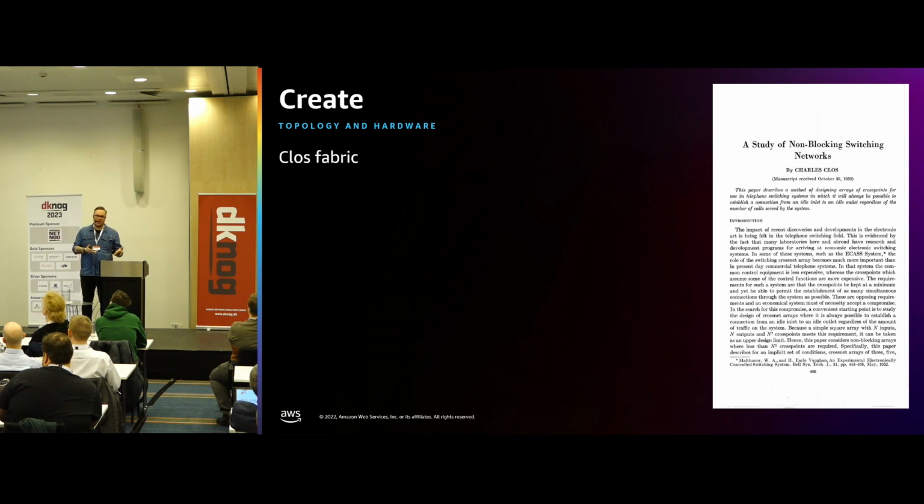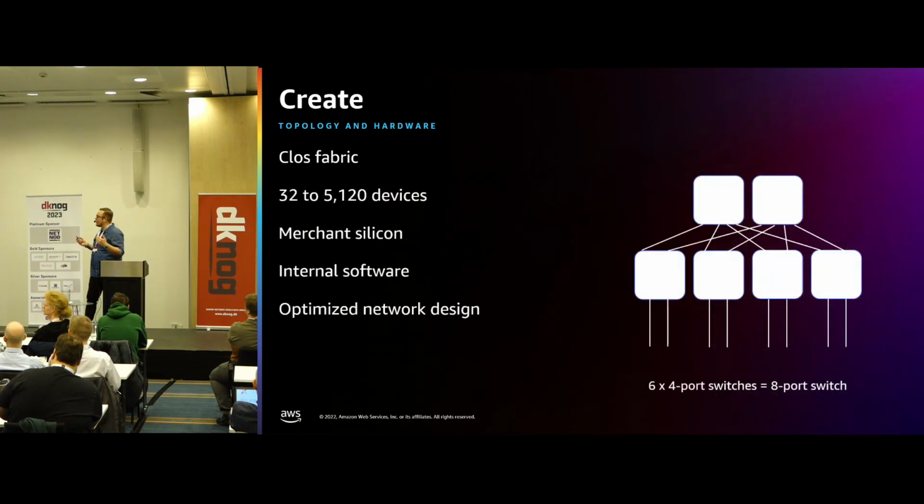It is written by a French guy. Also, it is about telephony switches, right? However, Charles Clos is regardless of that almost a genius. This is technology from, I believe, 1953 on how to build a non-blocking switching device for telephony systems. And today, I would dare to say that this is a standard design in essentially any data center